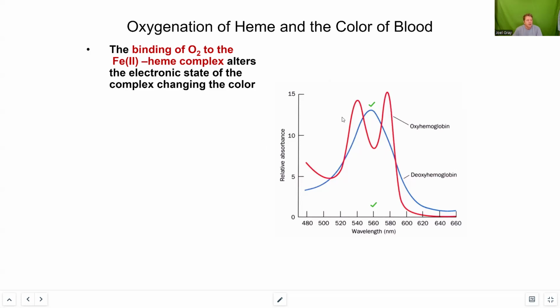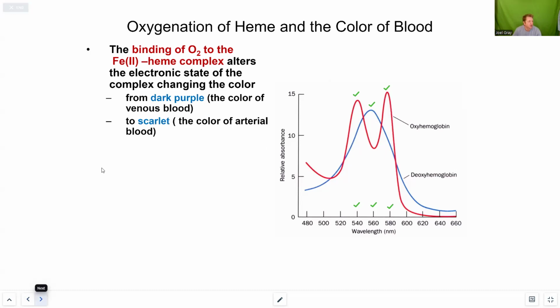Now, with that said, our oxyhemoglobin has two major peaks at 580 nanometers and at 540 nanometers. The significance of this, and this is all related to the binding of O2 to that Fe2+, that divalent iron heme complex, alters the electronic state of that complex, which results in that color change. Now, this is where we have our dark purple, our venous blood hemoglobin, and our scarlet, our arterial